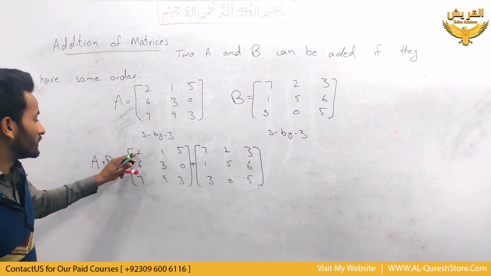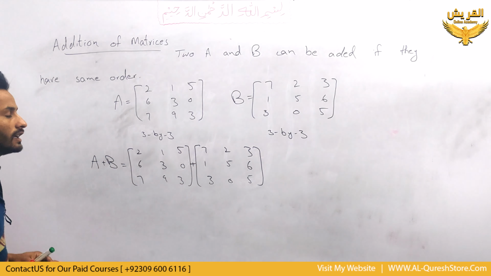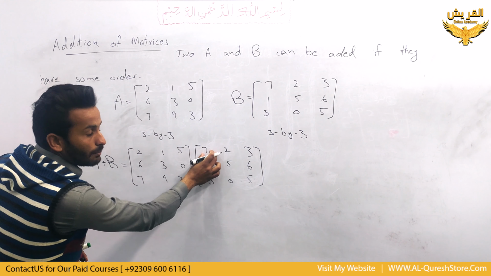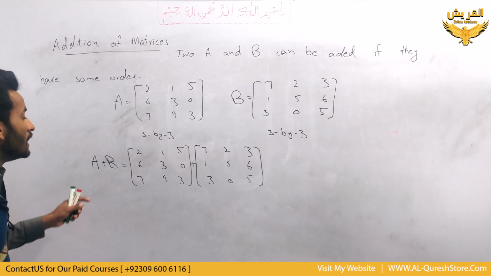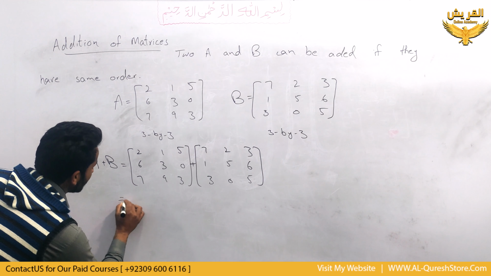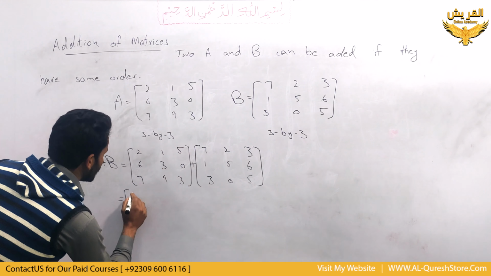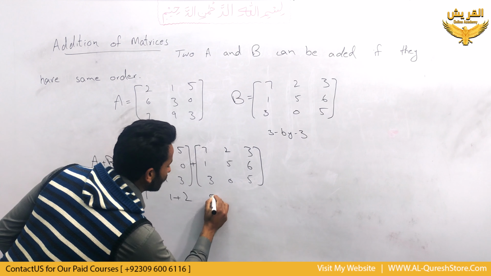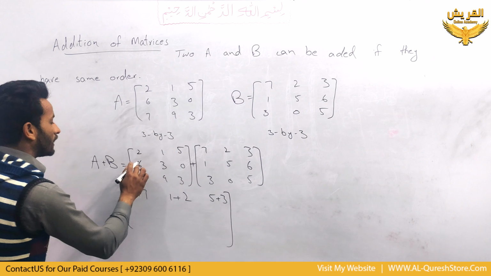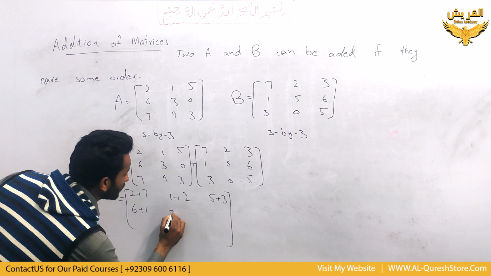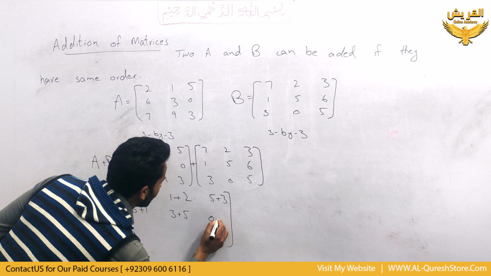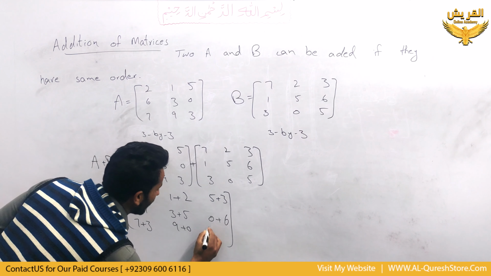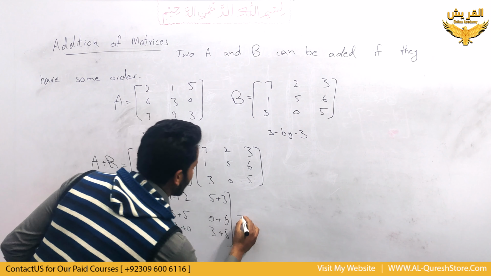In addition of matrices, corresponding entries are added. An entry of matrix A is added to the entry of matrix B, but corresponding entries are always added into each other. Suppose 2 plus 7, same here 1 plus 2, 5 plus 3, next 6 plus 1, 3 plus 5, 0 plus 6, 7 plus 3, 9 plus 0 and 3 plus 5, which is equal to, when